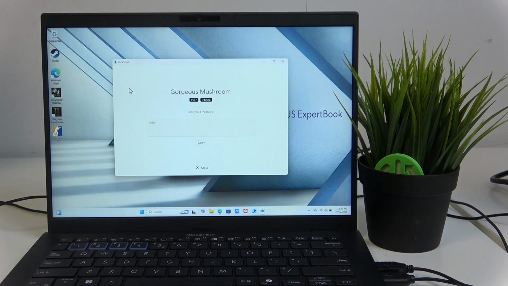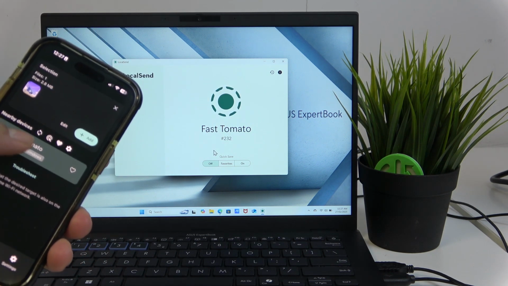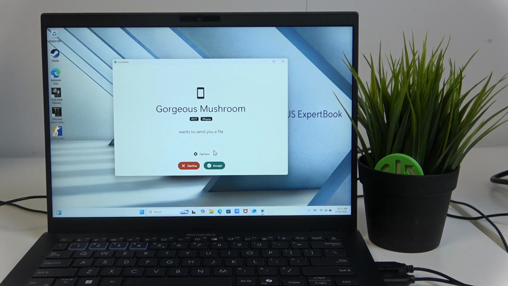Okay, so let's send a picture, for example. So let me find a nice picture. Okay, we have a picture now. Let's press again, press accept,